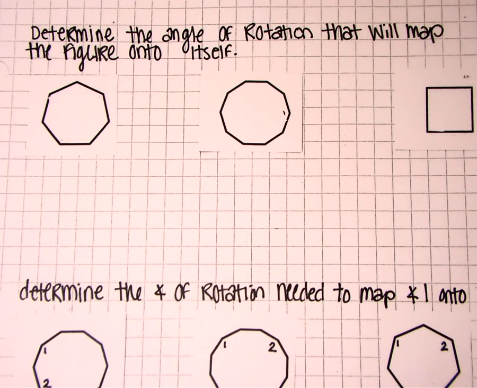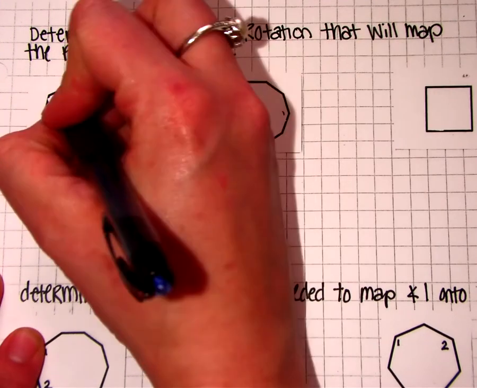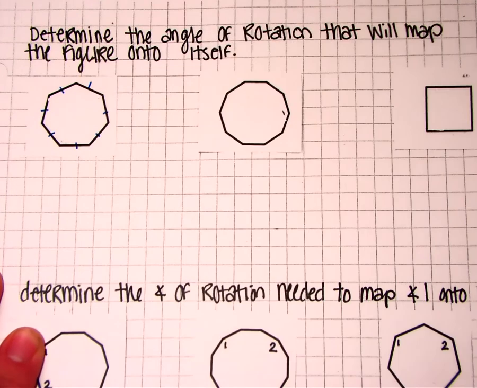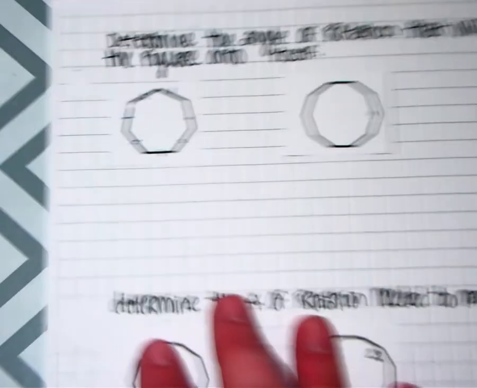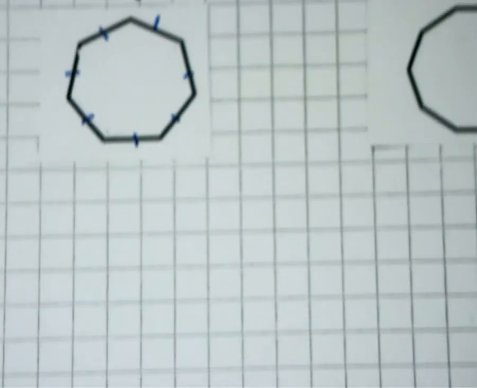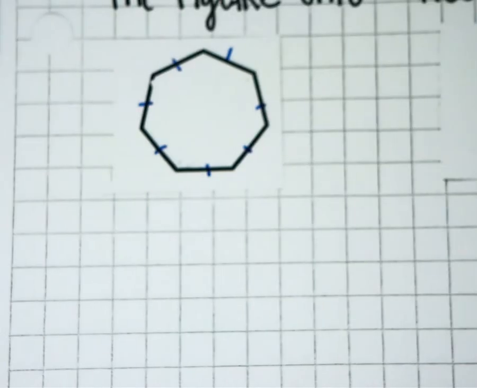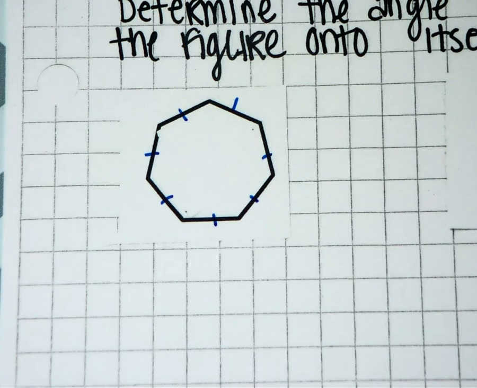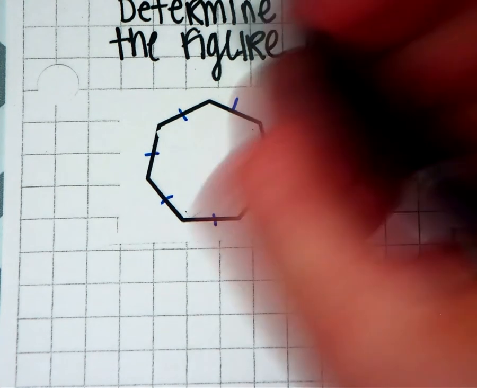On these types of problems, you have to make sure that the polygons are regular. What regular means is that all of the sides are equal and all of the angles are equal. So in this problem, that is in fact a regular polygon. The way we map a figure onto itself whenever we have a polygon is we're not going to use any kind of transformation rule. All we're going to do is put a dot in the center,